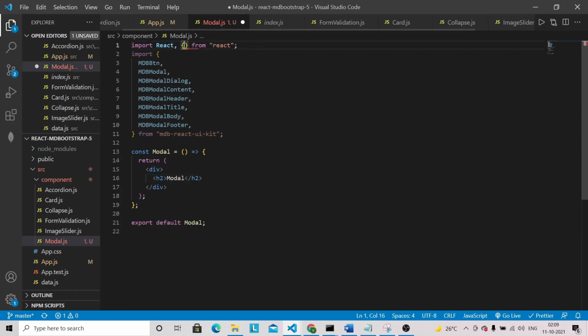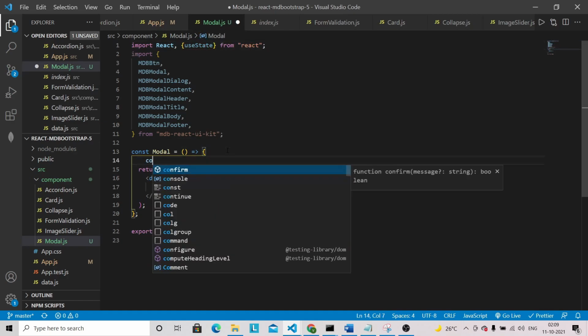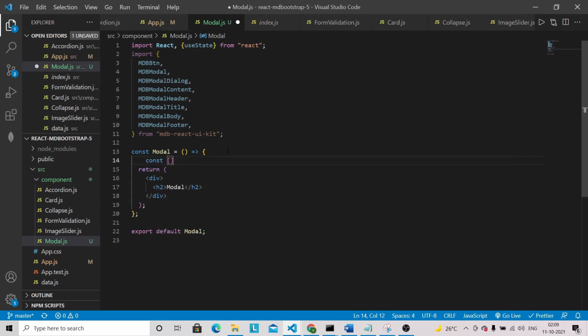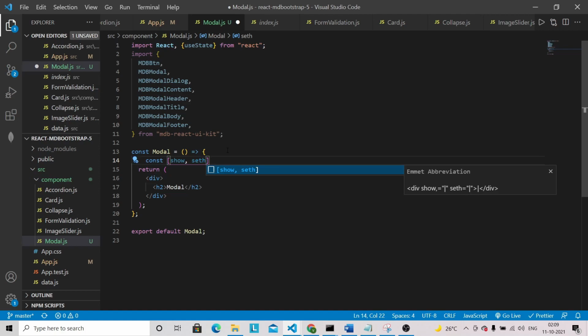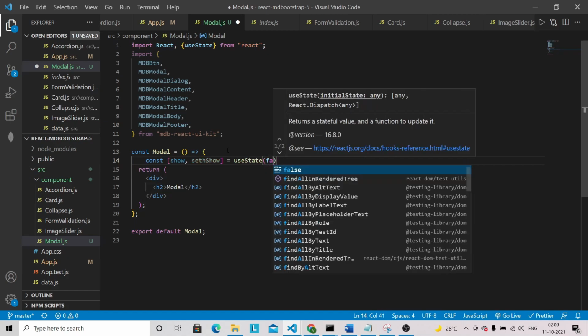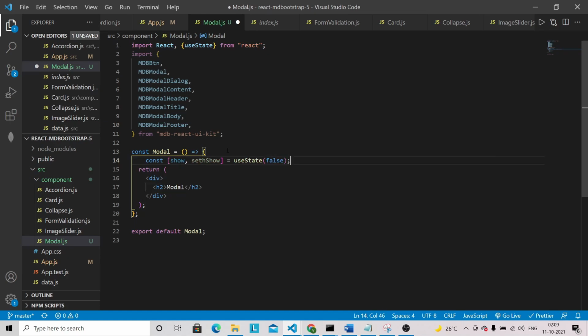Let's keep just the modal for now, and let's format this one. We have to bring in useState, and let's define one state here: show, setShow, useState, and initially it will be false.